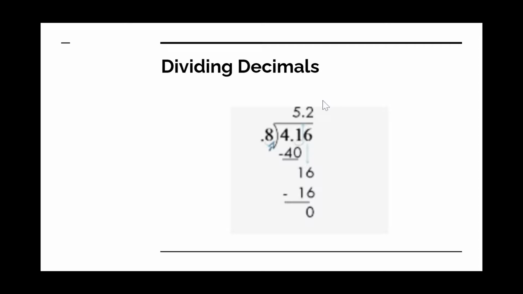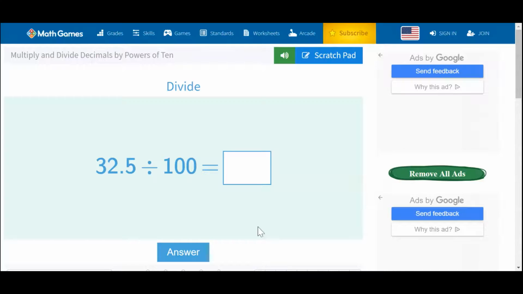It's pretty complicated, but you'll get it once you get the hang of it. So now we're going to be playing a multiplying and dividing decimals game, and we're going to be dividing them or multiplying them with powers of 10. Now, powers of 10 are 10, 100, 1,000. You guys should have already learned this. But anyways,